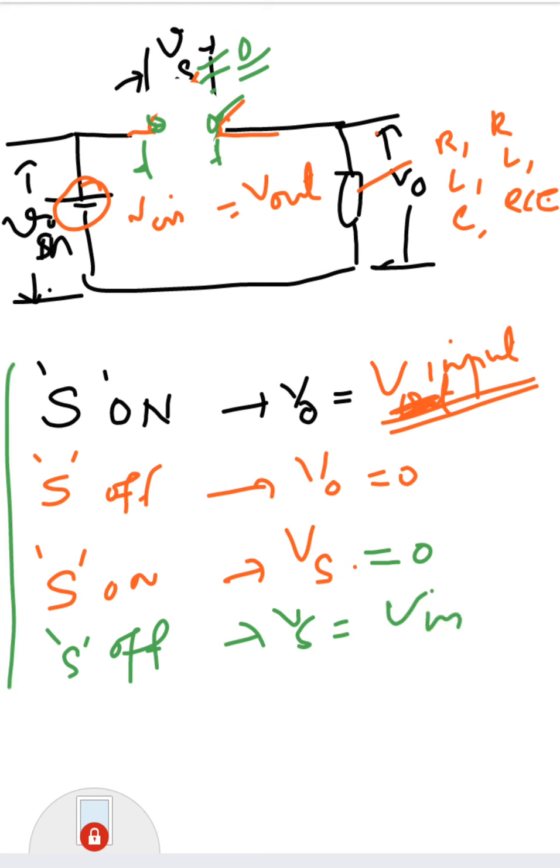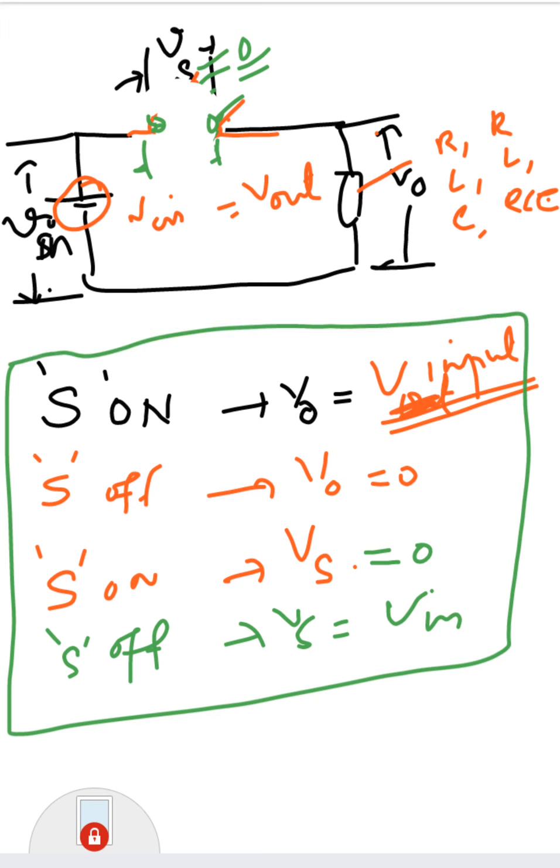So if you can remember these golden rules, you can easily draw the waveforms, because after all, in power electronics you will be learning how to draw the waveforms for different circuits. In all the triggering circuits, it's important that you draw the waveforms clearly. You have to draw the output voltage, the voltage across the switch, the input voltage, the firing pulse, and the current also. So if you can remember this rule, it will be very easy.